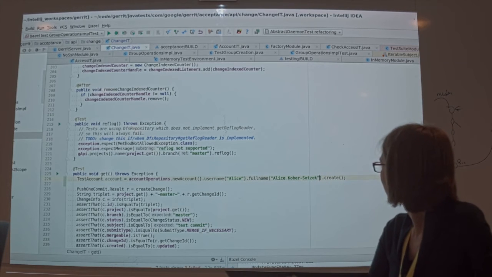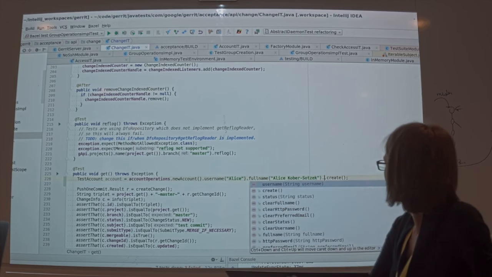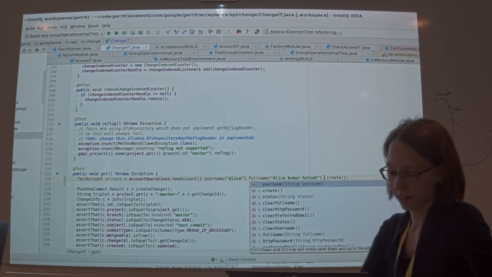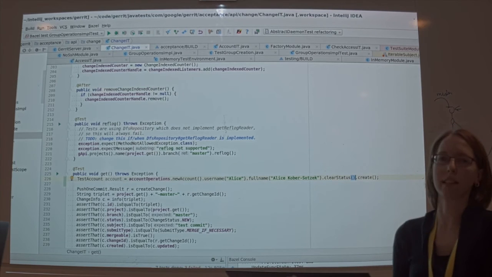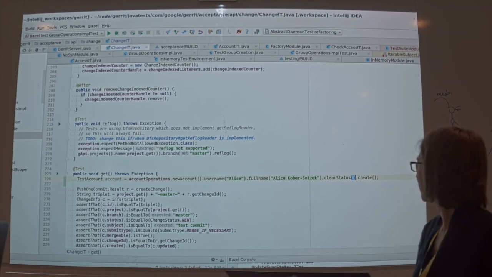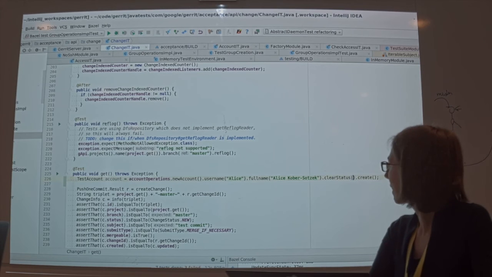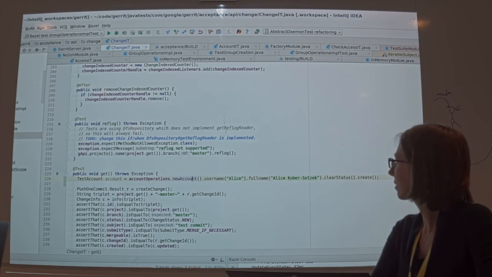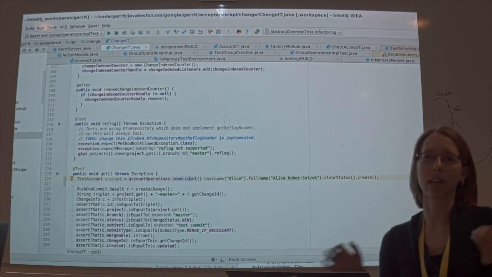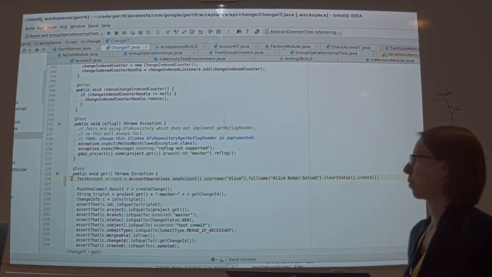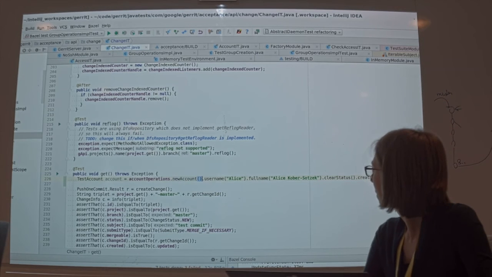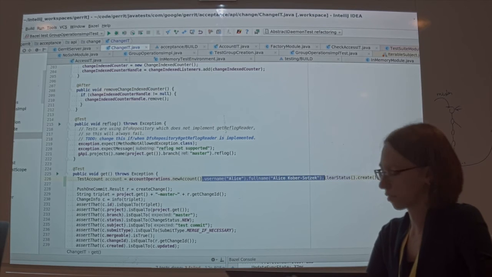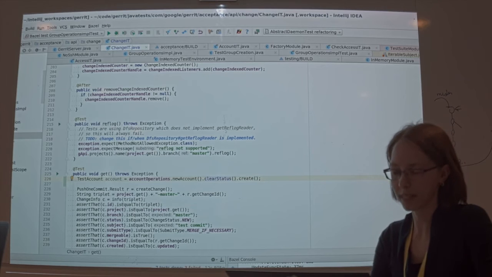If I want to have that. And for instance, if I want to clear something, like say explicitly on the task, it's important to not have a status, I can just say clear status, because the default object, which is created with new account, doesn't make any guarantees about what is set there. The only guarantee is that it automatically works if you just use it. Like, you just write create. But apart from that, tasks should always specify what